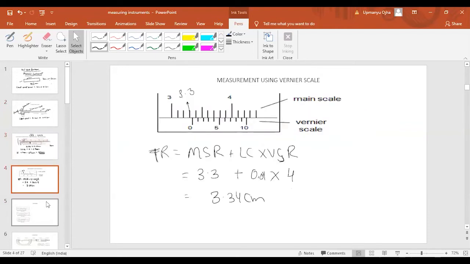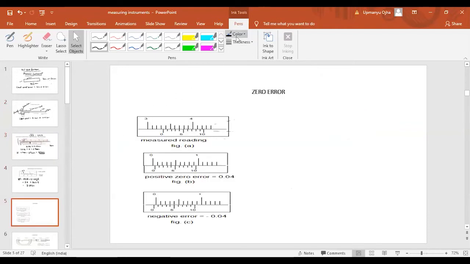Then that type of error is known as zero error. Now look at this condition. See, if you look at the three scale which I have drawn here, so from here we can say that